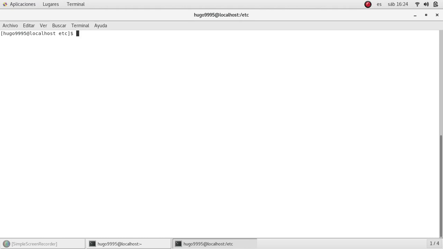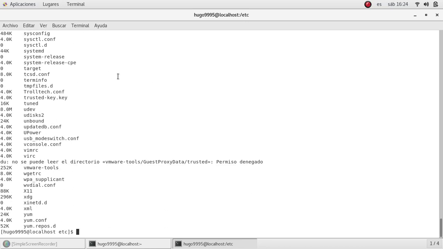Another useful command is to check the disk usage per files. I'm on /etc directory. As you can see, it just lists me all the content files from this path, and it's also printing the size from them. As you can see, I use